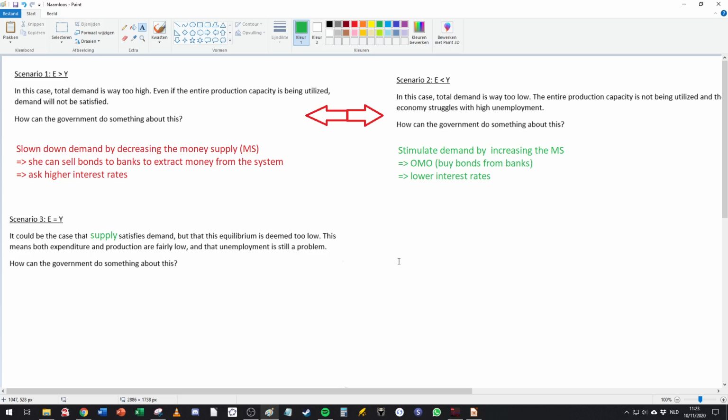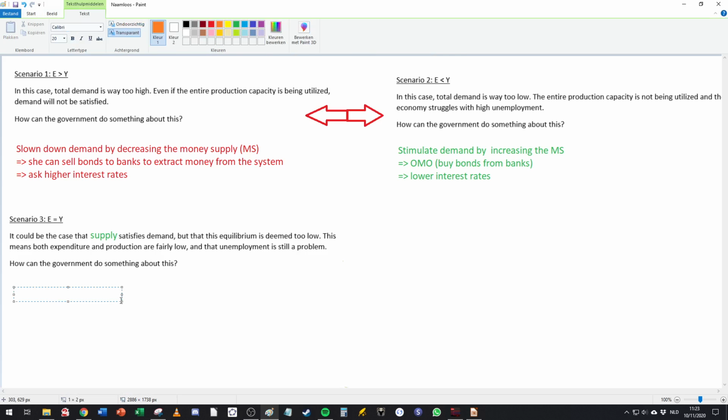So what can she do about this? Well, she has to do something completely else right now. Let's use a purple color for this, or orange. I like orange. So in this case, she can do the following thing. She will have to stimulate, once again, economic activity. That's very important because this will increase demand, right? But this will require